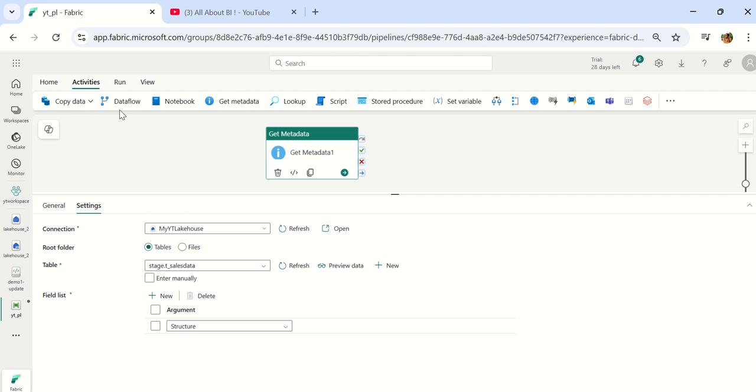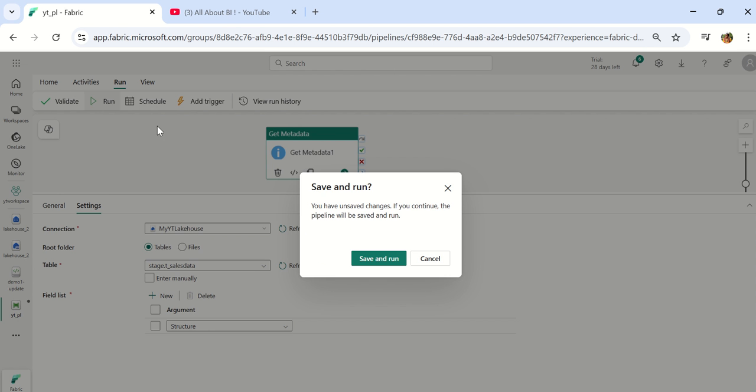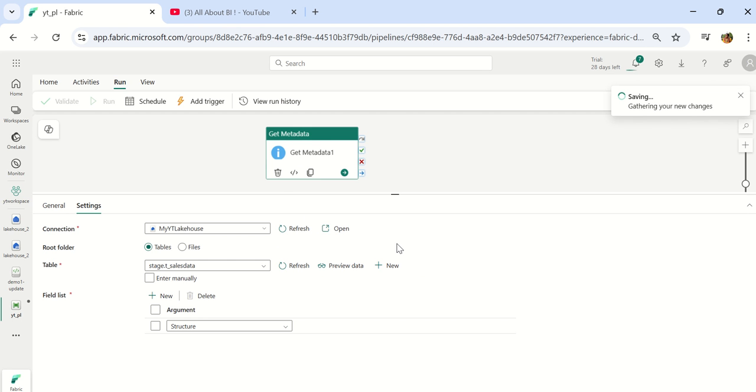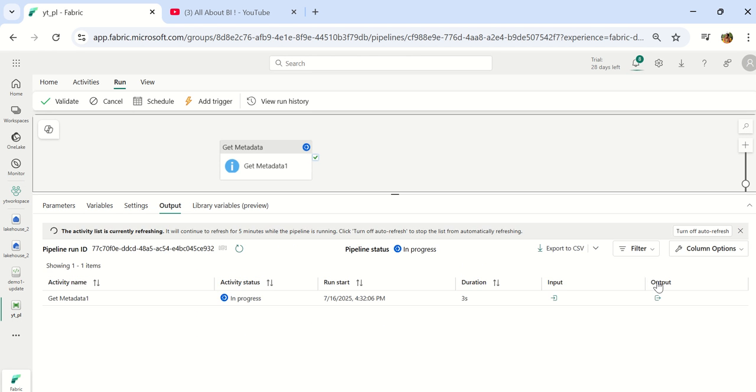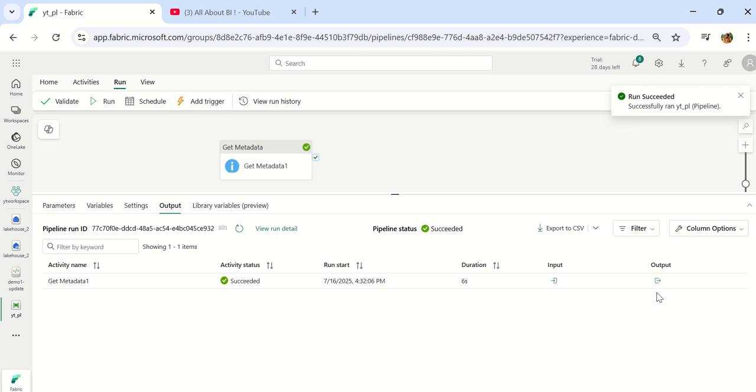If I run this, let's see what happens. The execution and the setup are almost the same as Data Factory and Synapse, but what differs is the output. I'll show you. The output is a bit elaborate here, I would say, not extensive, elaborate. What do I mean by elaborate? If you click on this output,